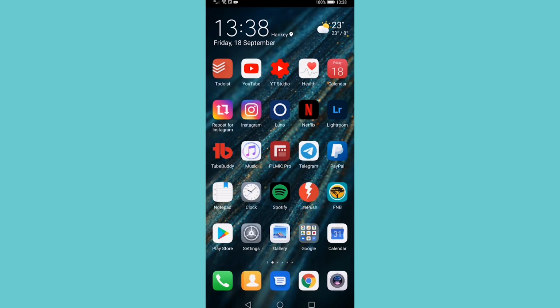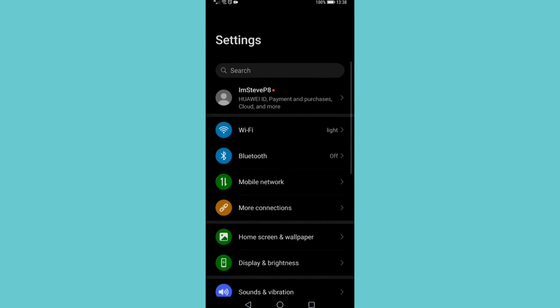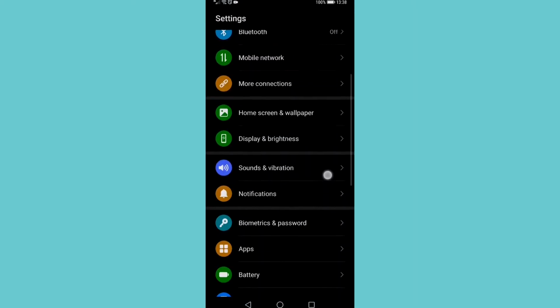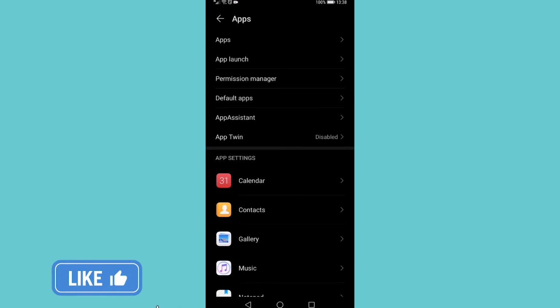In this video, I want to show you how you can turn off background apps on Android. So the first step is to go to your settings app on your phone, and then you want to scroll down to where it says apps. Now, depending on your phone that you're using, it might be a slightly different process, but it should be similar